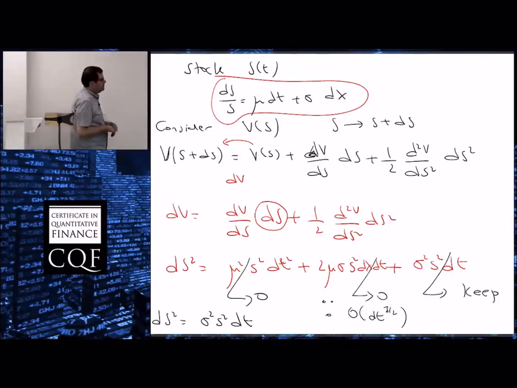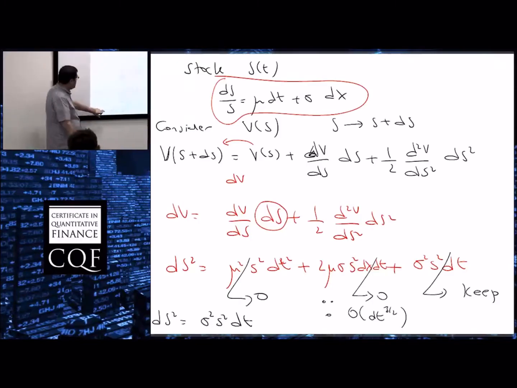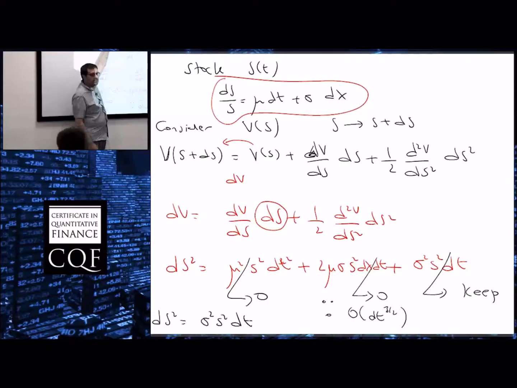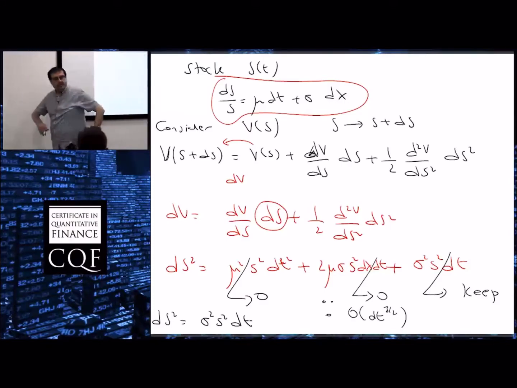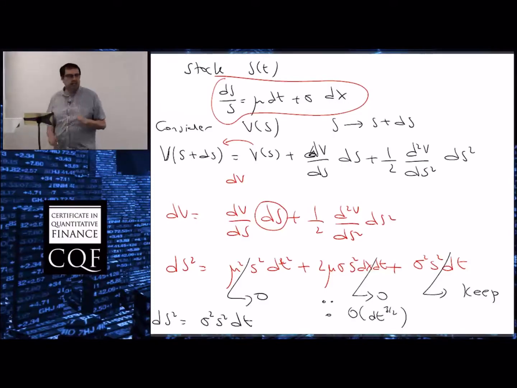So let's replace dS squared with that and replace dS here with this thing there. And if we then group all the dt terms together and all the dX terms together, we then get what